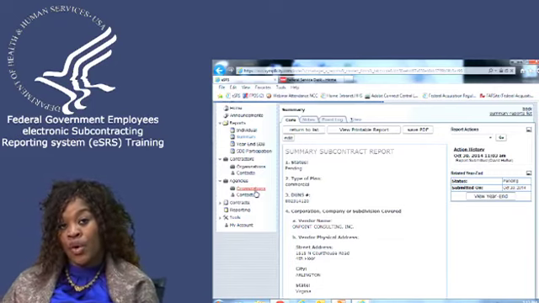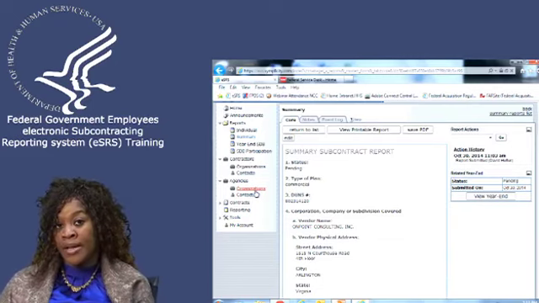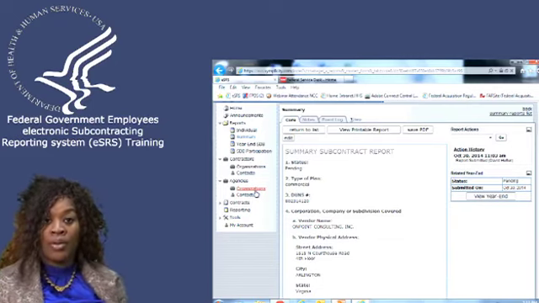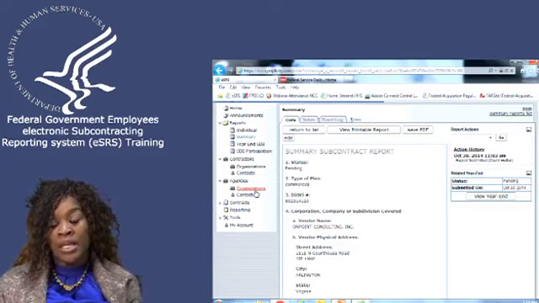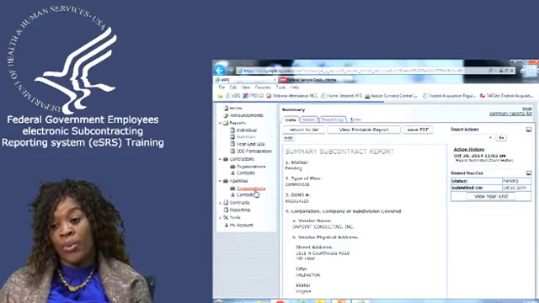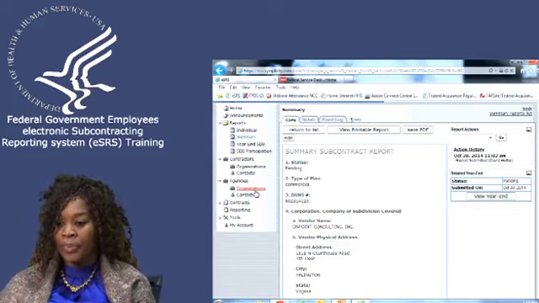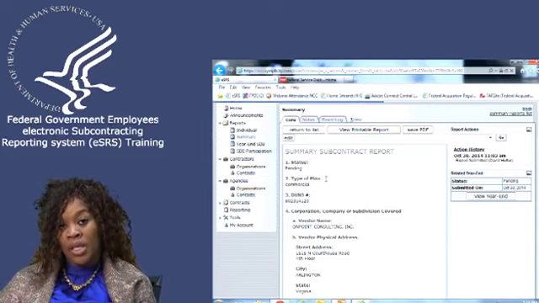In addition, no report should ever be in reject status forever. Reject status is just to communicate with a contractor that we have a concern, and that concern needs to be addressed. Once that concern is addressed, we need to document that within the report, and I'll show you how to do that. So one of the things that you would definitely need when reviewing the report is to have the